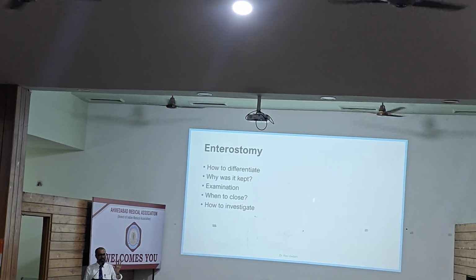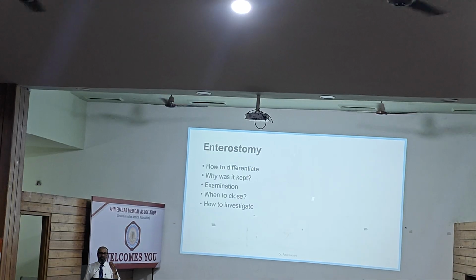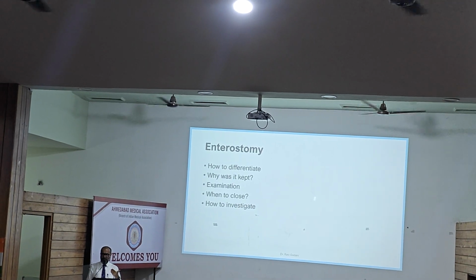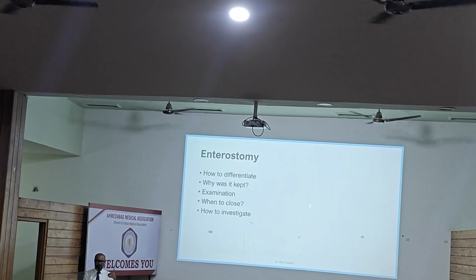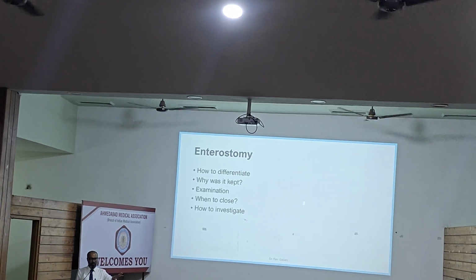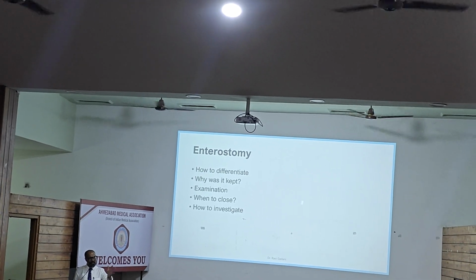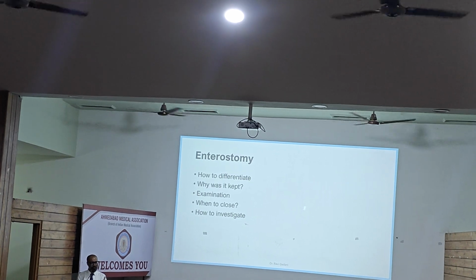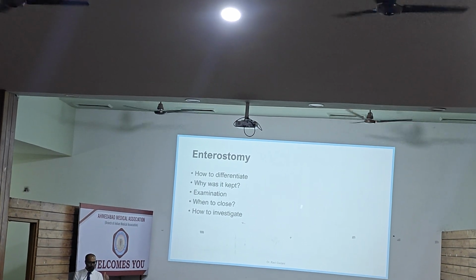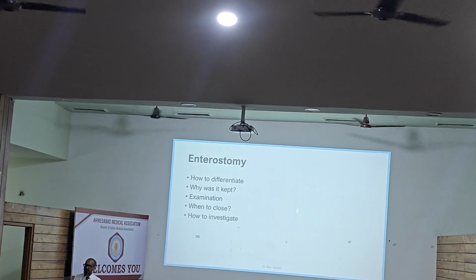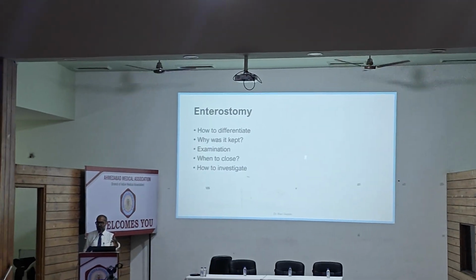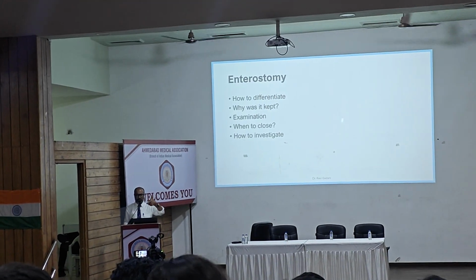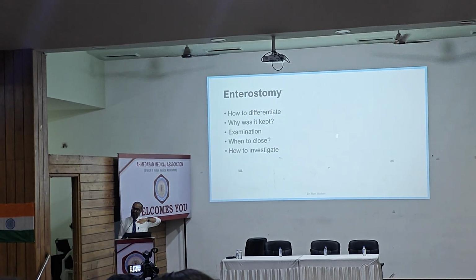Usually when is an ileostomy or colostomy closed? 6 weeks, 1.5 months. Why that much time? So that the primary pathology is under control, the patient is doing well, and peritonitis has been taken care of. But can we go longer than that? Yes. Can we go shorter than that? Preferably no. And before that, what do we get done? Before you close, what investigation will be done? There is something known as a loopogram. So what you would do is you would inject some dye in the distal loop